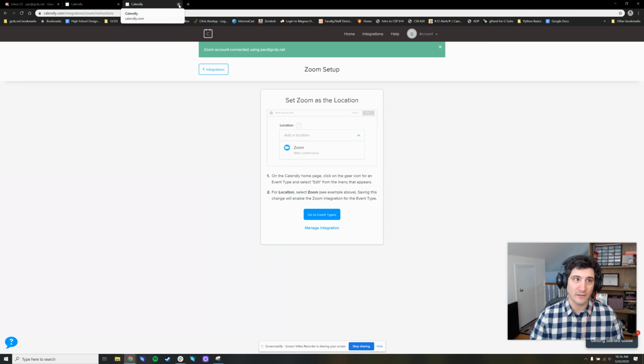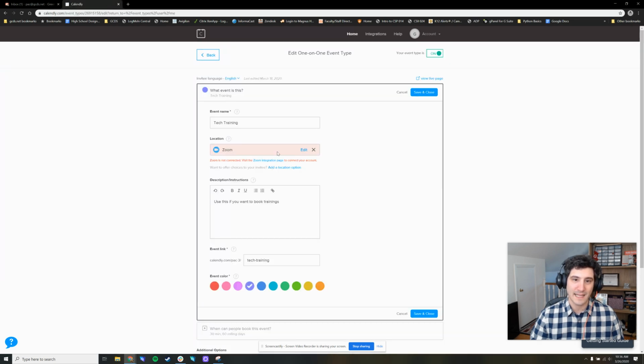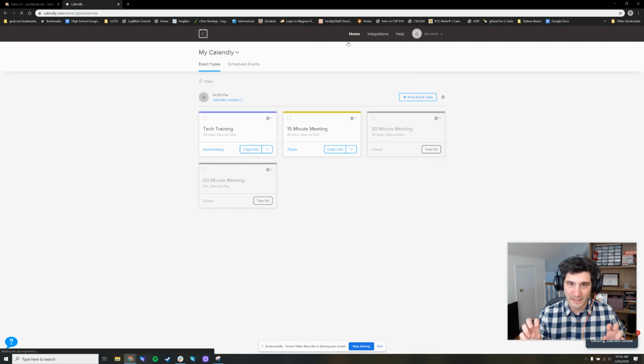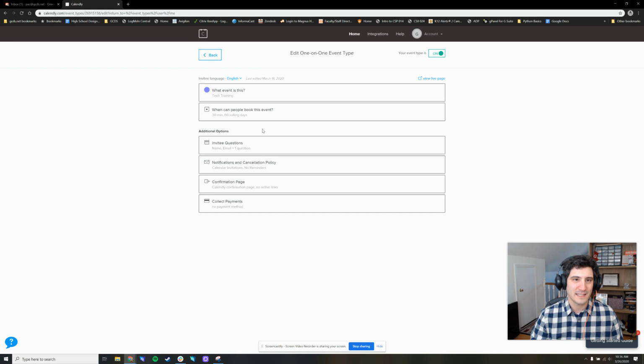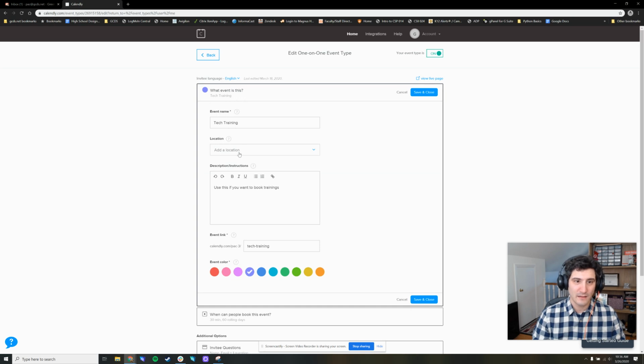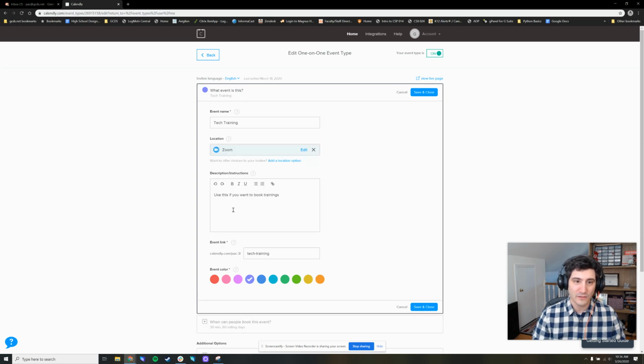So if I close this tab, once I get to this Zoom account connected, I can close that tab, press the back arrow. You may need to, it'll say leave, right? We'll get back to this page, press the gear, press edit, and we're back here. So after I've integrated Zoom, I can press what event is this, press location and Zoom, and now this error message is gone. We can press save and close,